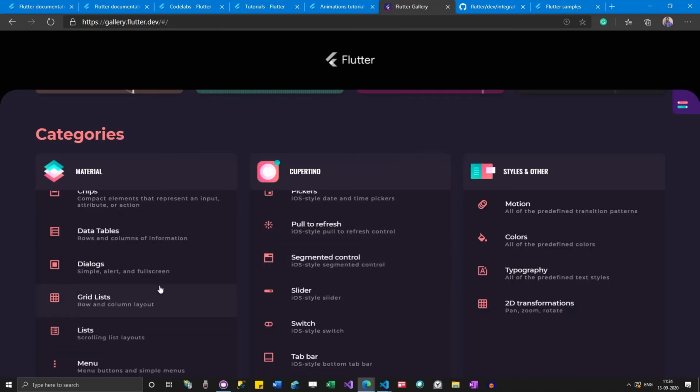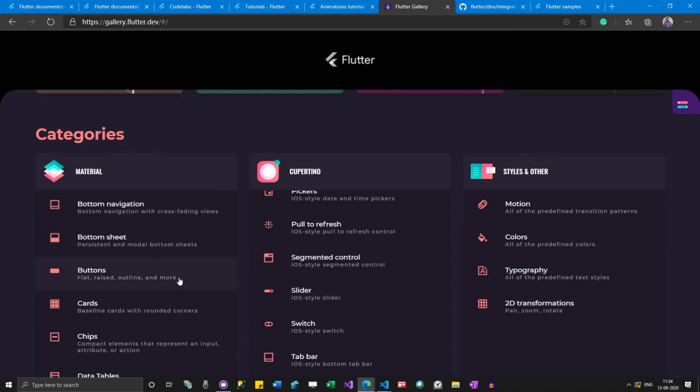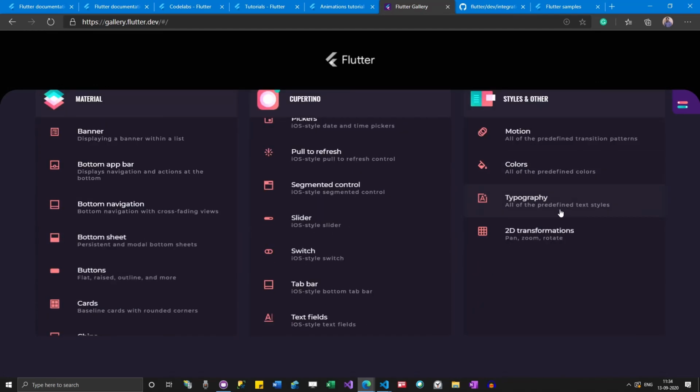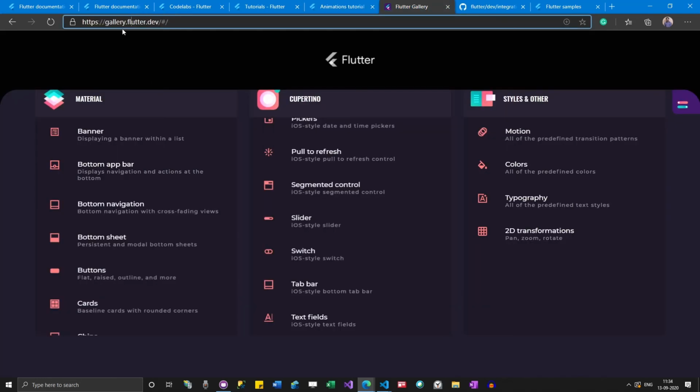Then what I will do is I'll create some folder, copy everything and maintain it locally. And literally I used to waste my time. Nowadays I'm not doing it. What I will usually do is think about how I can reach here. I can go to flutter.io and then do it, or I will try to remember some keywords. Gallery flutter. I'll just go to Google, type gallery flutter and then try to reach it here.